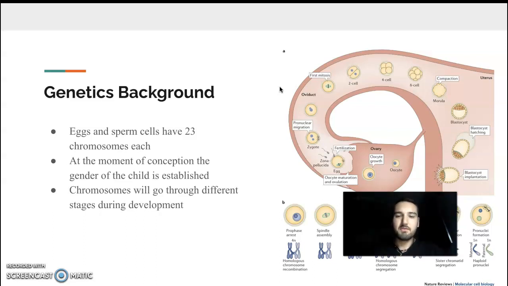What we're going to talk about first is how chromosomes lead into the gender. Just a brief fact is that at the moment of conception, the gender of the child is already established. But